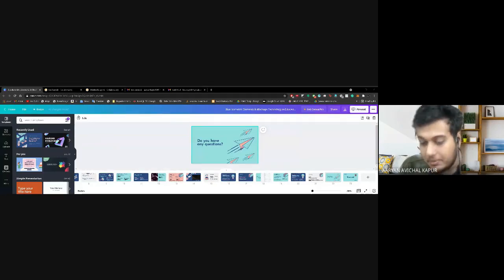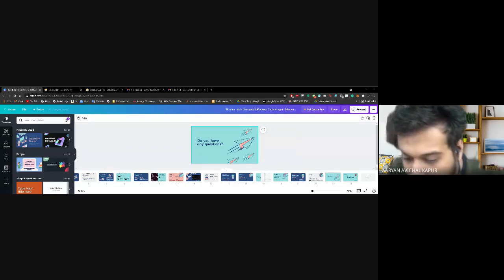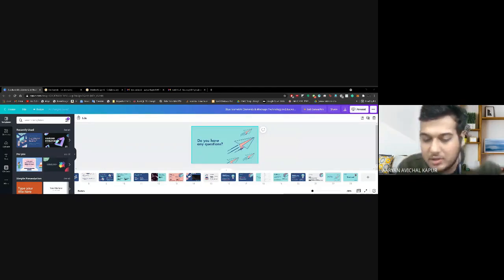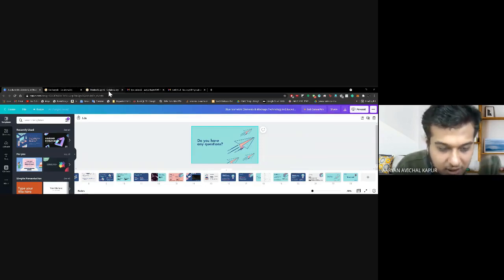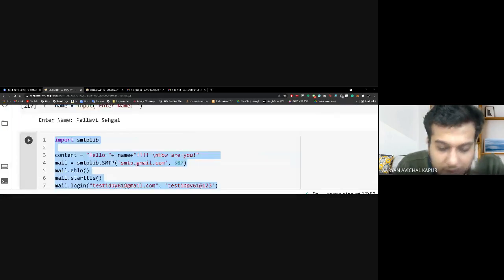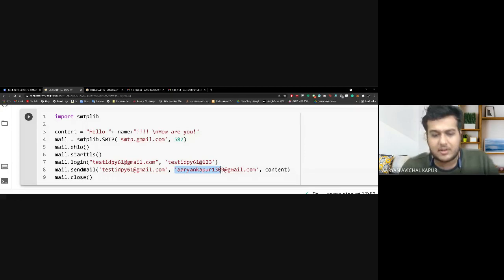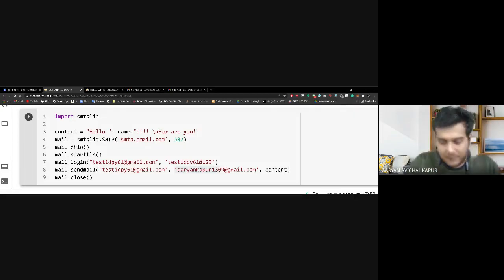It is very simple. So let me give you another. 587 is the port number. Do not change it. You don't need to change even a single bit of code up till your ID and password. Let me show you what you actually need to change. Simply change the username and the password, and put the username here. The recipient, of course, can remain the same, so I will receive the mail and I can check it. Right. So if you can send the mail, wonderful. If not, just make a function again. Let me repeat. You have to take 5 questions.